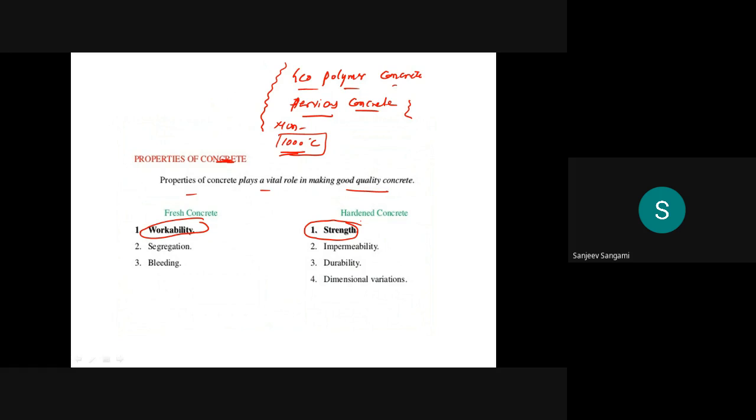It is normally determined with the help of the slump cone test. When you say it is workable, it is the